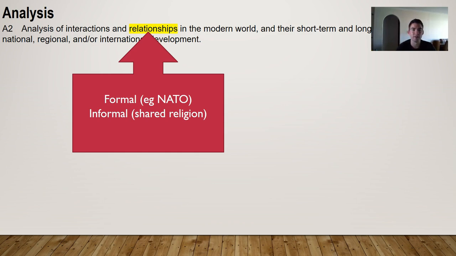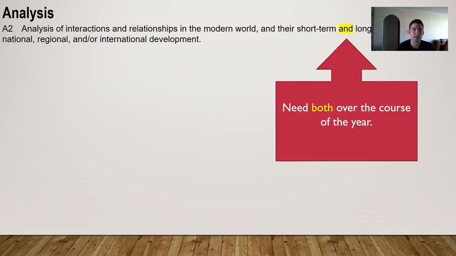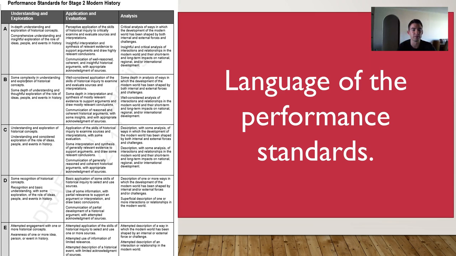And then we talked about how Germany developed through the 1920s through the work of Stresemann and a budding international relationship. Germany came back into the fore through a couple of pacts, through a couple of treaties, and so being able to talk about that as well could be quite useful in your letters. So we'll be looking at short-term and long-term impacts on how Germany developed over the course of this time period between 1918 and 1934.